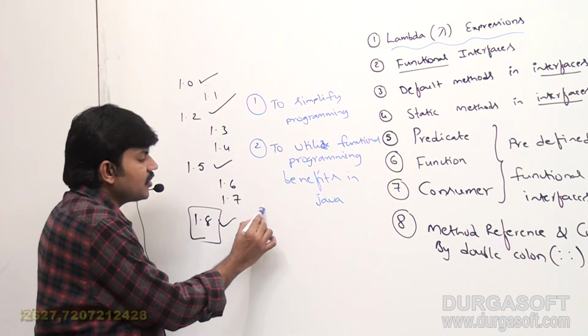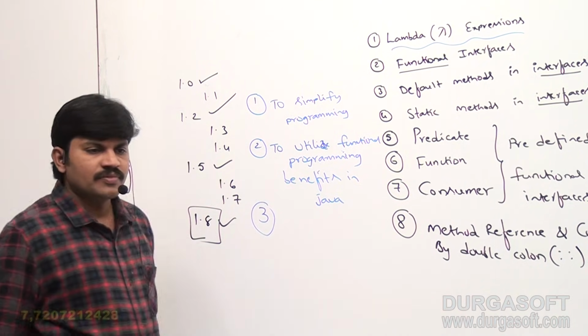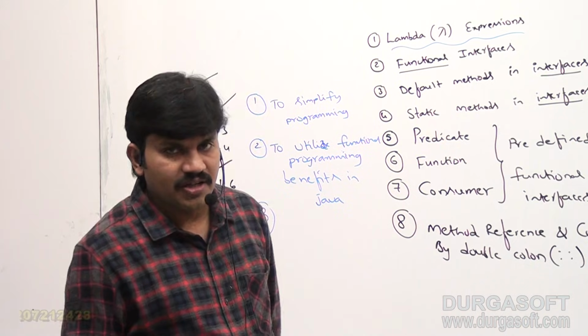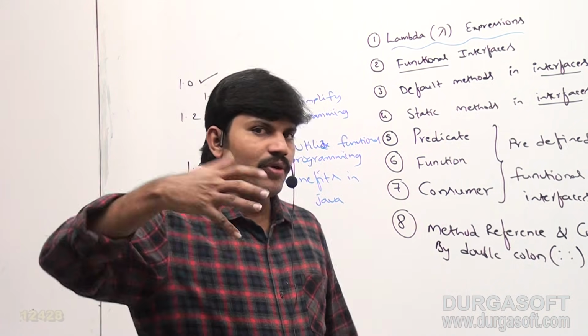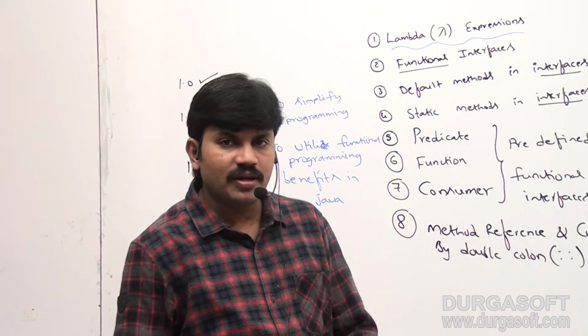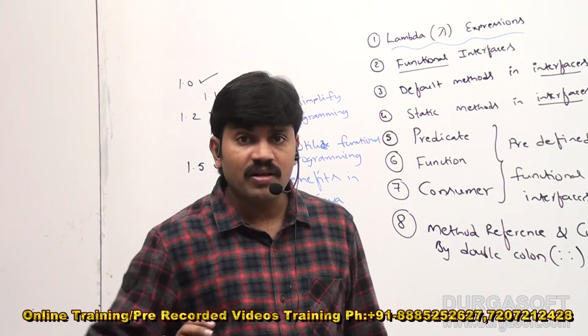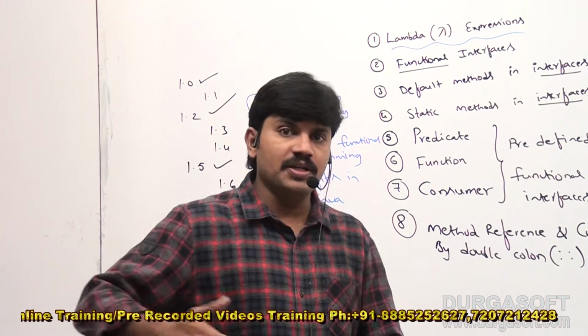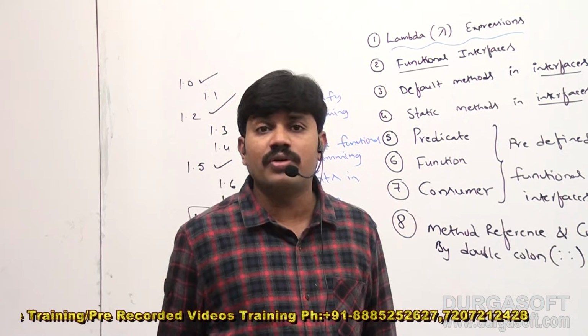Next, the third reason why Java changed in the 1.8 version is because the style of coding is going to change, sir. Traditional code and code with Lambda expressions are different. The way of writing the code is completely new, a different syntax is going to come into the picture.